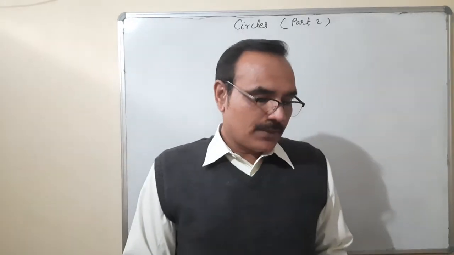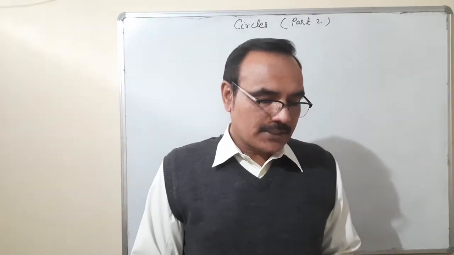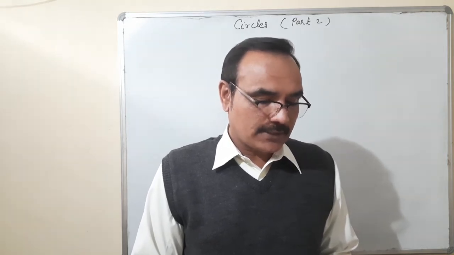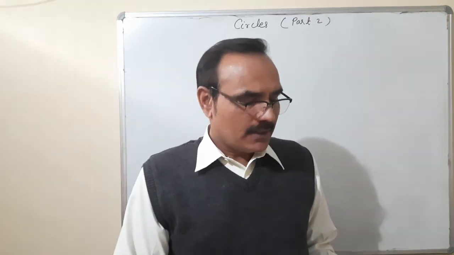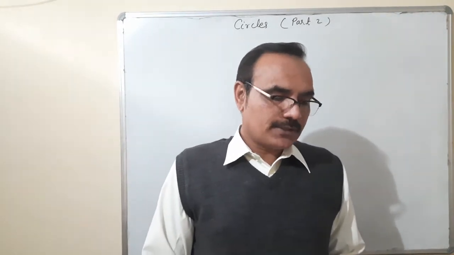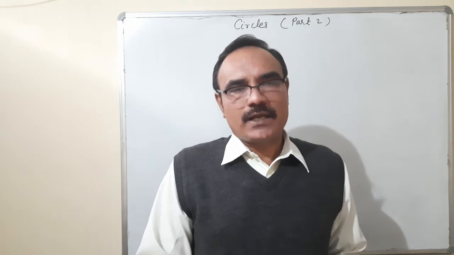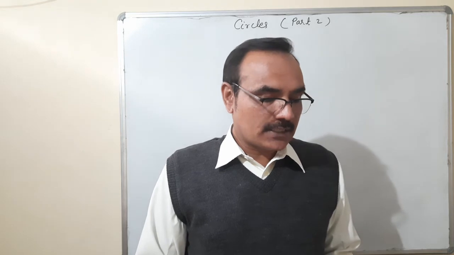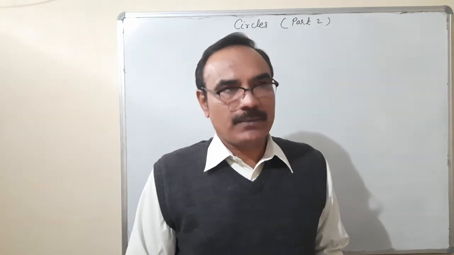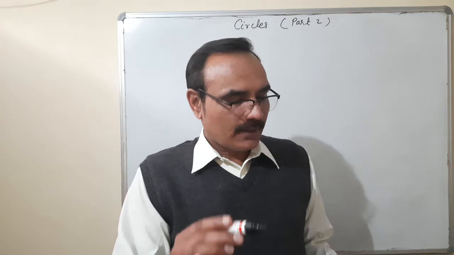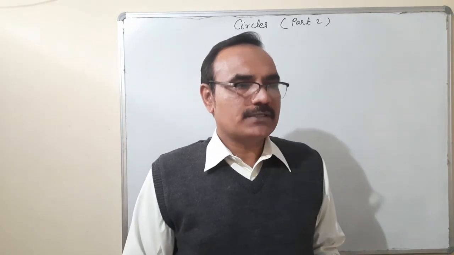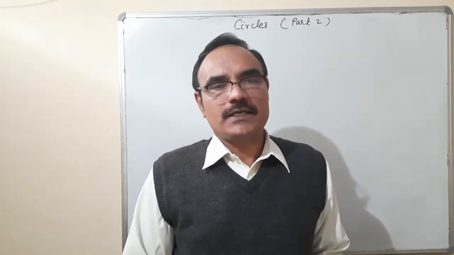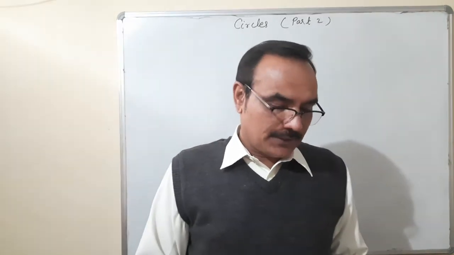Question number 1: two circles of radii 5 centimeter and 3 centimeter intersect at two points and the distance between their centers is 4 centimeter. Find the length of the common chord. That is a simple question. I think you can solve it. But while drawing the diagram, you should be very careful, because both circles are intersecting. I think the answer will be 8. The distance is 4, and directly we are using the Pythagoras theorem. 5 and 3, two sides are given, and one side is coming 4. Double of 4 is 8.